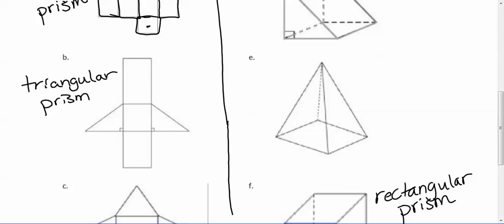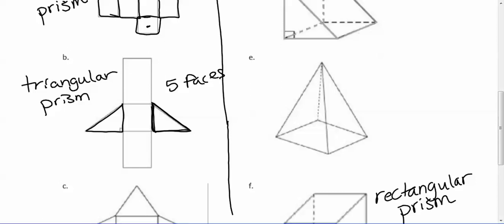So again, we have two bases here. We've got this triangle and this matching triangle. One I picture as the bottom, one I picture as the top. And then we have a 3-sided shape here. And because we have a 3-sided shape, we're going to need 3 walls going around it, right? So we have 3 rectangles. So a total, in this case, of 5